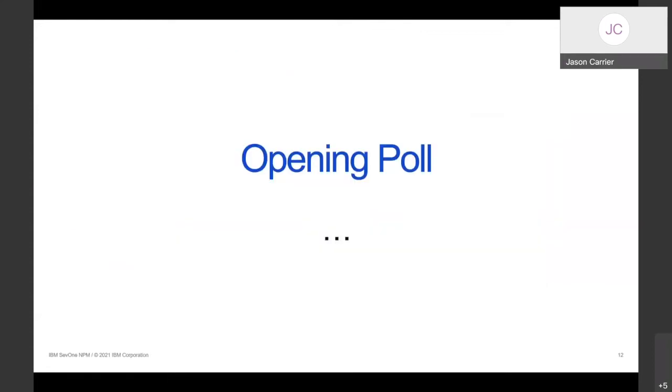Before we do that, though, we're going to have an opening poll. If everybody can look in the top right of your WebEx window, you should see a little tooltip pop up over the poll to let you open that up. Once we do the poll, we are going to share the results with everybody so we can see what the group looks like and what opinions are right now. This is going to drive how the rest of the content looks, in terms of which places we focus on the most. So we appreciate your time in filling that out.